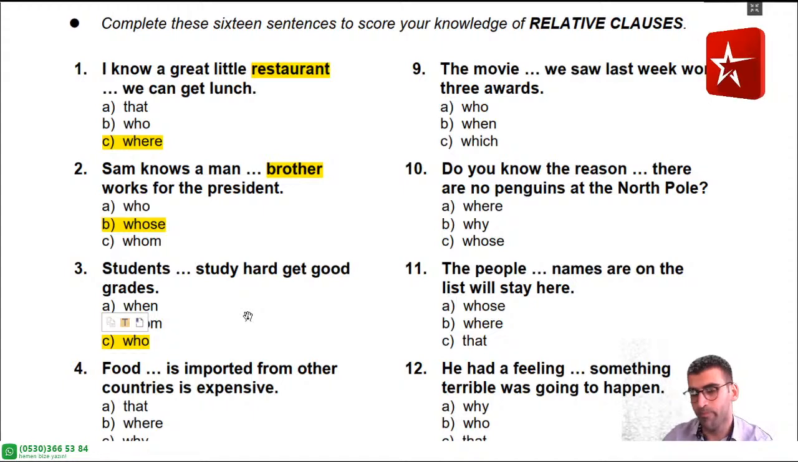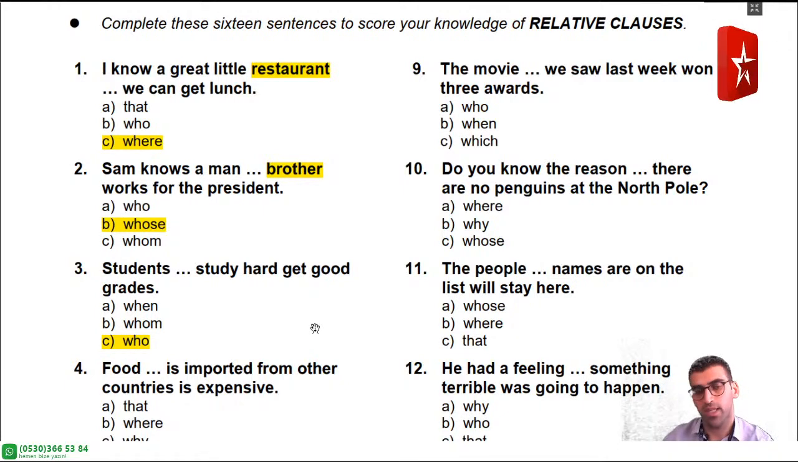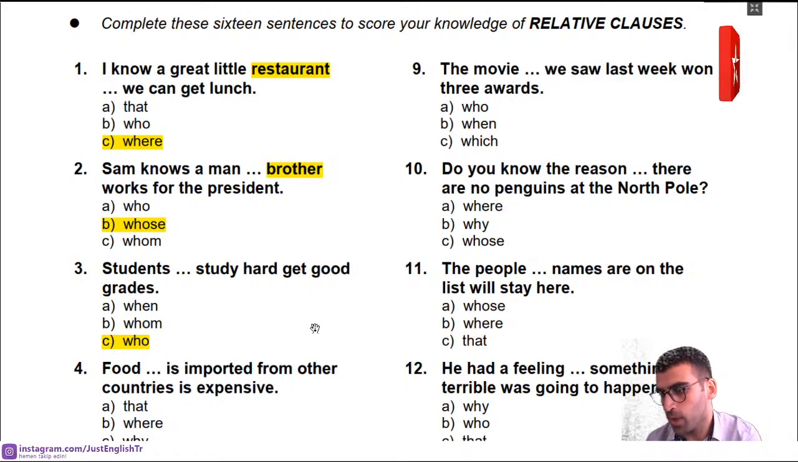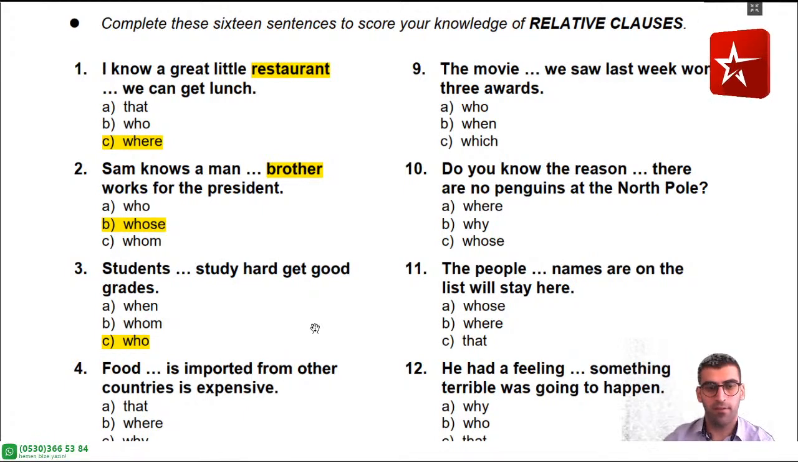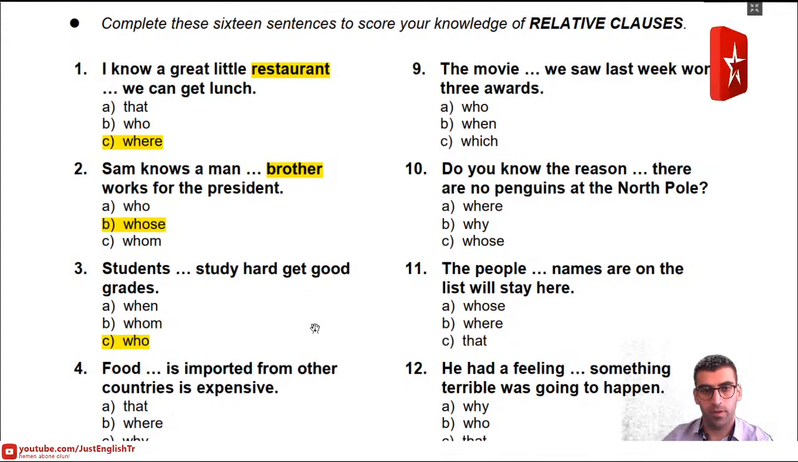And number 4. Number 4, food blah blah blah is imported from other countries, expensive. Which one is correct for number 4? Okay, food. If we are talking about food, food is